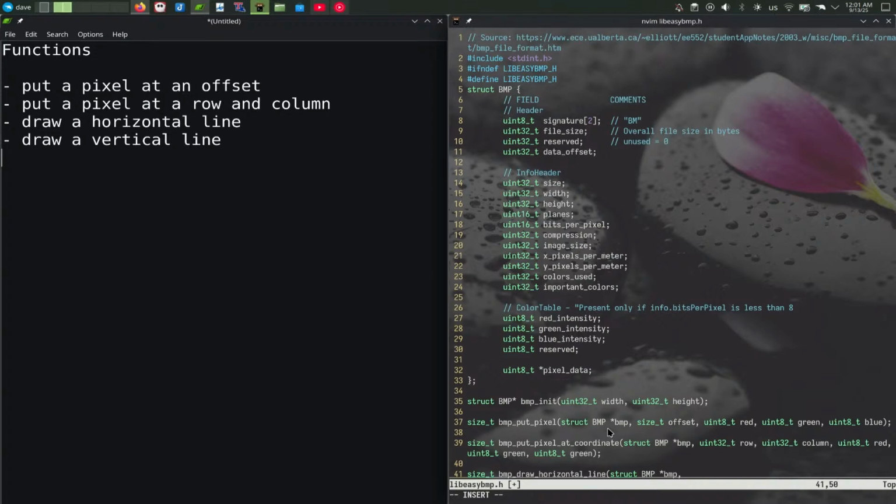And so this one also needs to take a row and a column as a starting point, right? And then figure